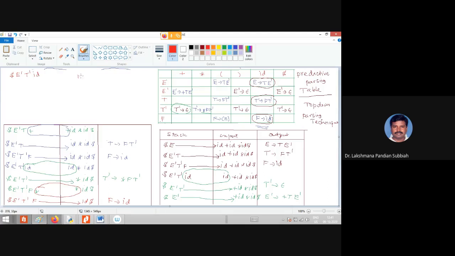Now here we are having id, dollar. So id is matched, so you have to pop it out.